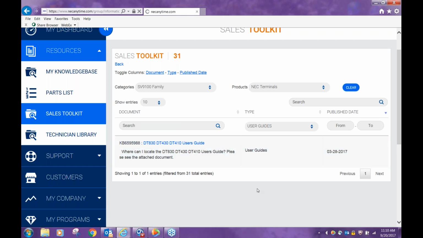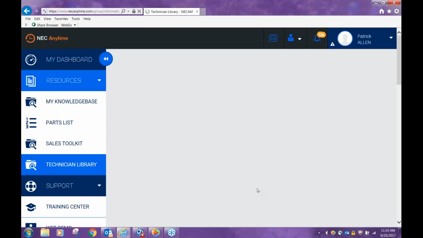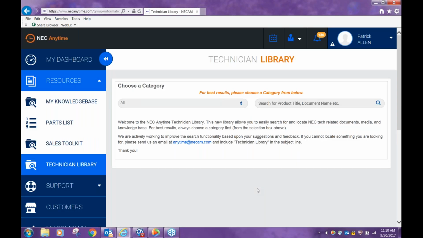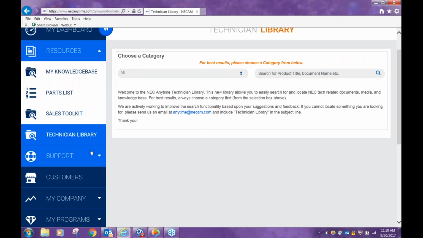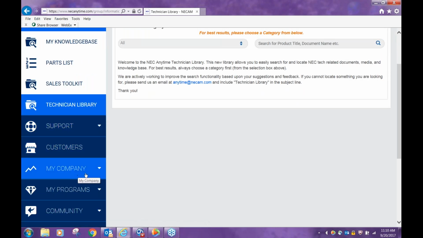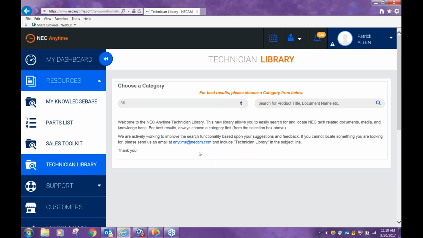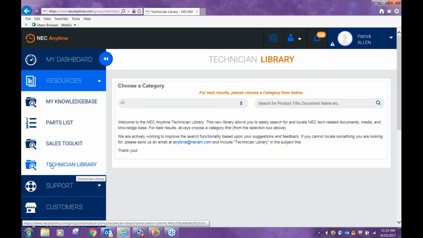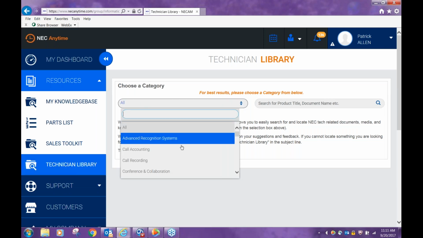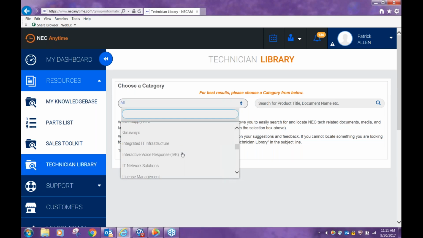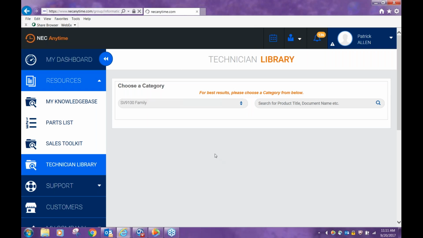You also have access to the technician library from resources, and all of these accesses that you see here are going to be dependent on how you are set up in the portal. So what roles you have within the portal. So if you just have basic roles, you're not going to see probably my company or my programs under quick links. You're not going to have the things that I'll show you under quick links, but it depends on how you have it set up. So under technician library, again, you're going to choose the system or the information that you want to see. So if I go to 9100 family,